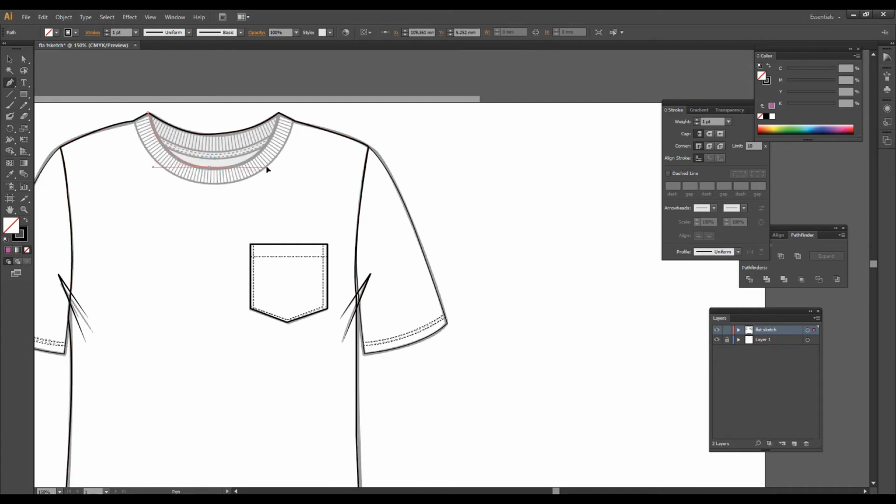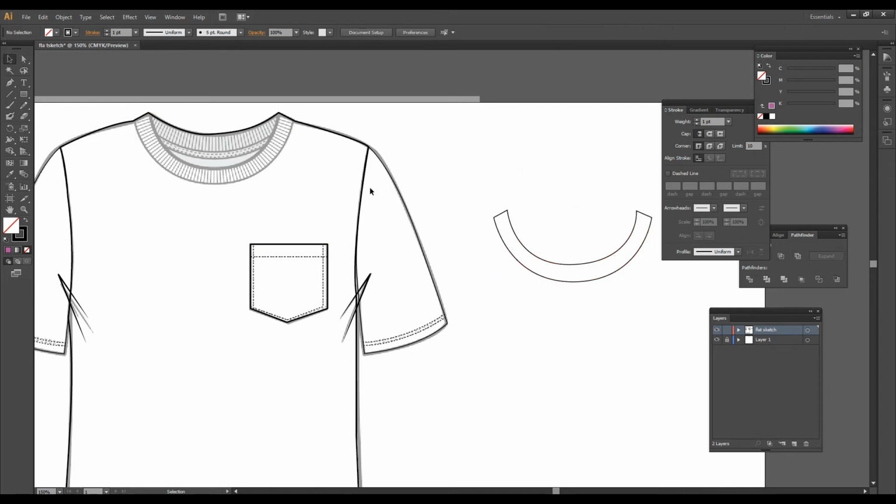So just trace down like this. Just select this and drag to another place.